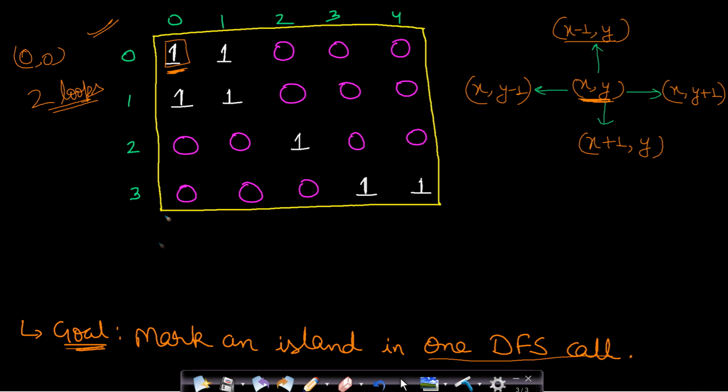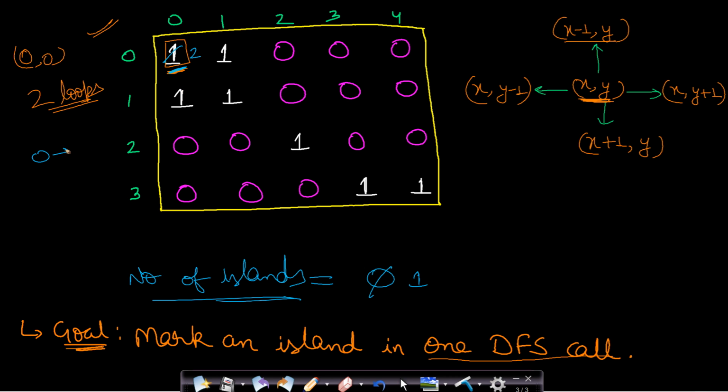For keeping track of the answer, we will take a number of islands variable and mark it as 0 initially. Initially we will assume that we don't have any island. As soon as we see a 1, I will increment the number of islands by 1 and then I will mark the entire island. So how is it done? From this current piece I will convert it to 2. Here 0 indicates water, 1 indicates land, and 2 will indicate that the land is visited. So this will be a visited land.